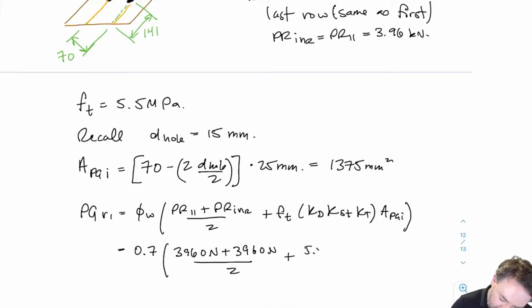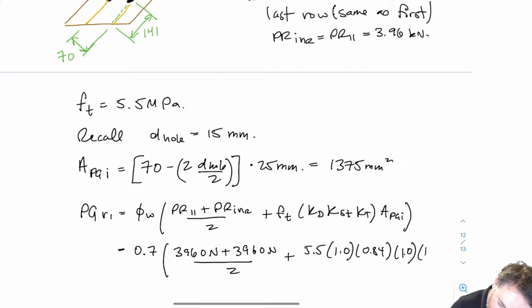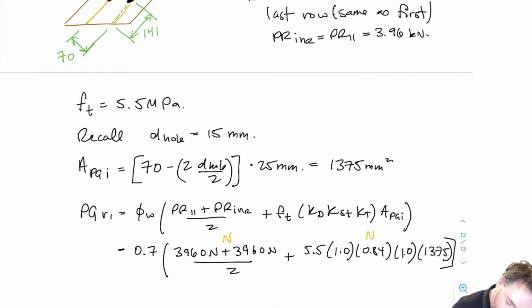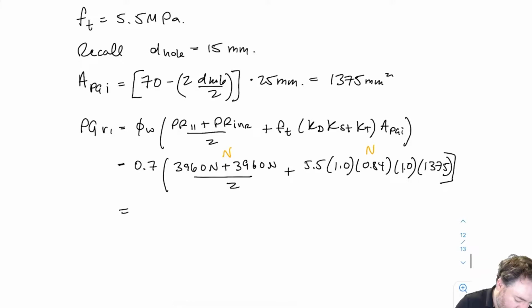My FT was 5.5, KD, KST, which is my service condition factor for tension, which we determined was 0.84, KT is 1.0, and A is 1375. Okay, so that means that this side's going to come out in newtons and this side's going to come out in newtons, which means that I can add them together actually, and then I get in the end